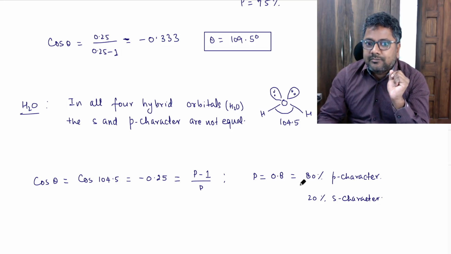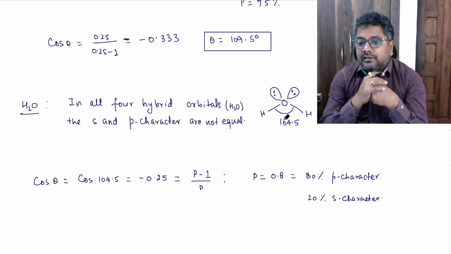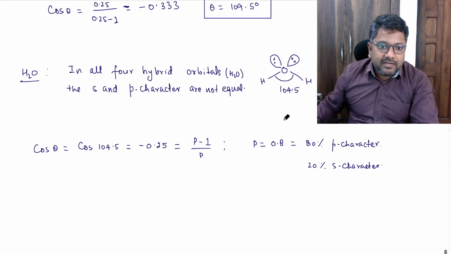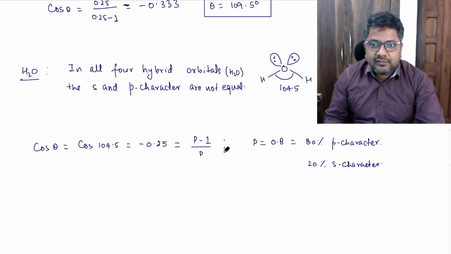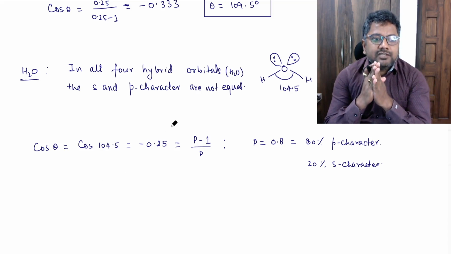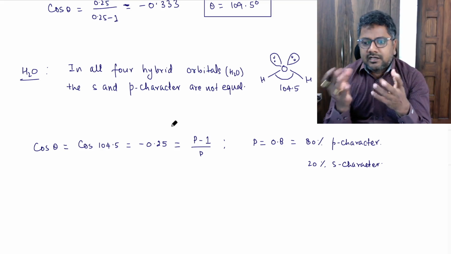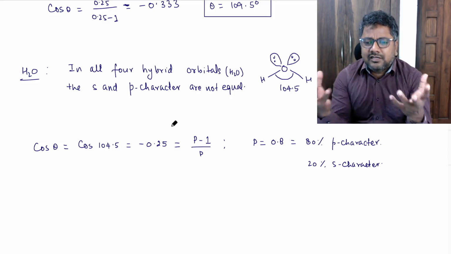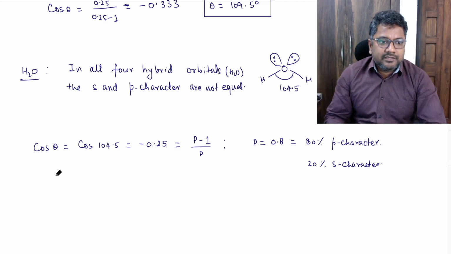So in these two, the P character is 80% and S character is 20%, and here S character ideally should be 25, but here 20, means here P character increases, through which this hydrogen overlaps, and S character decreases, right? So if you want, you can apply simple mathematics. Now if we summarize the total, all 4 orbitals in the oxygen must have the P character in Px, Py, Pz, that should be equal to 3. Simple mathematics. So the total P character